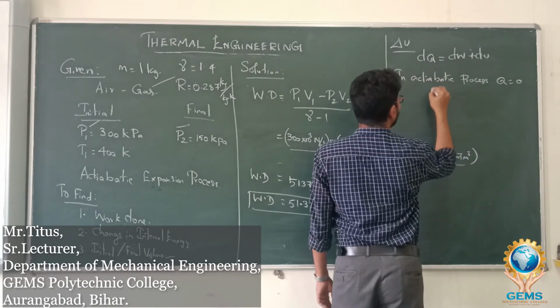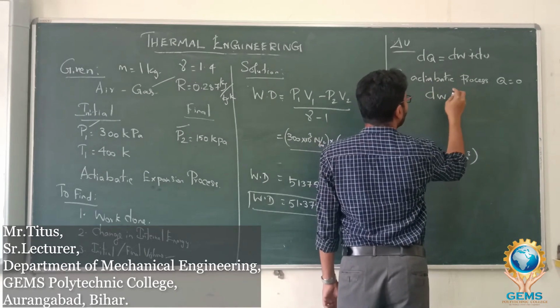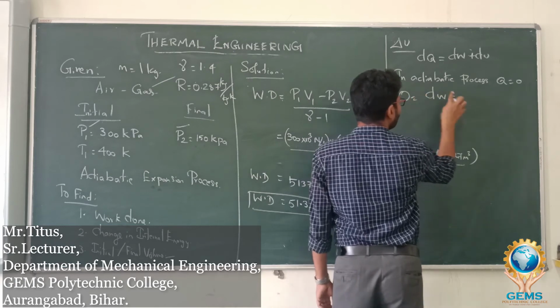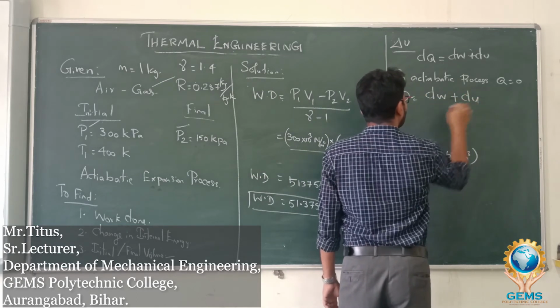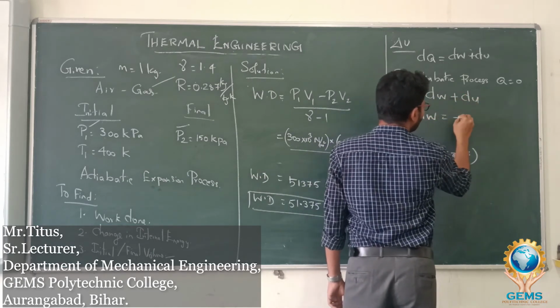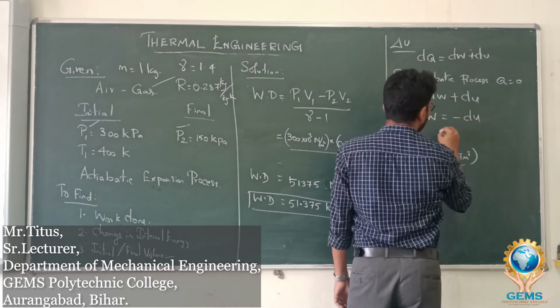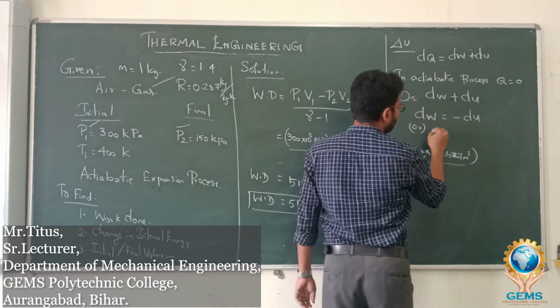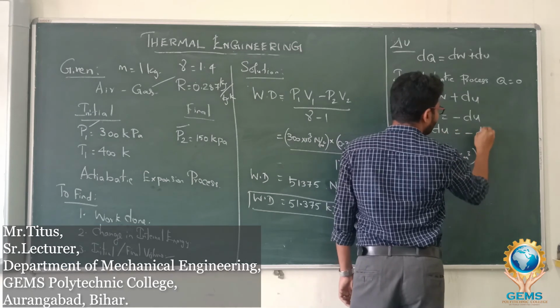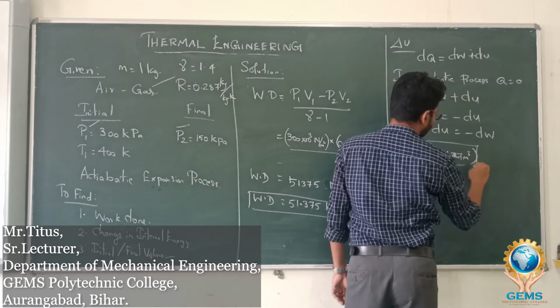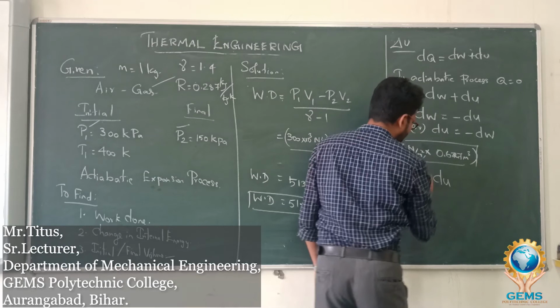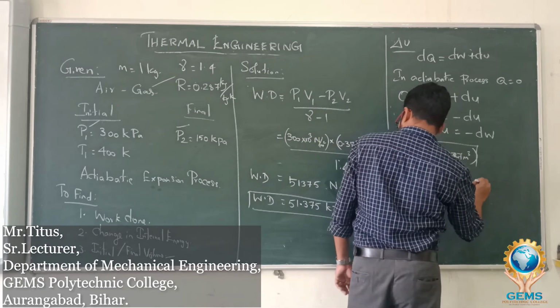So dQ is 0. Therefore 0 equals dW plus dU, so dW equals minus dU, or dU equals minus dW. Therefore dU equals minus of